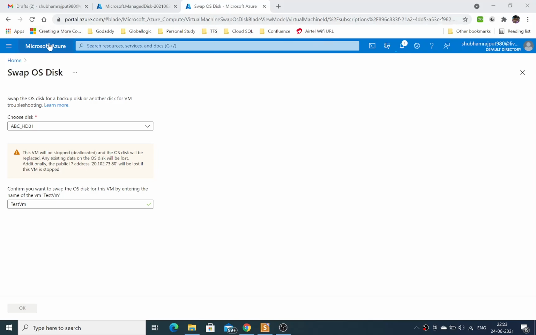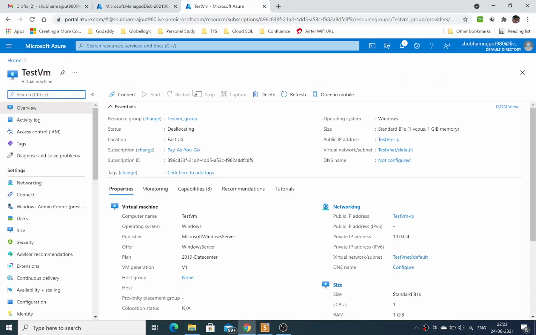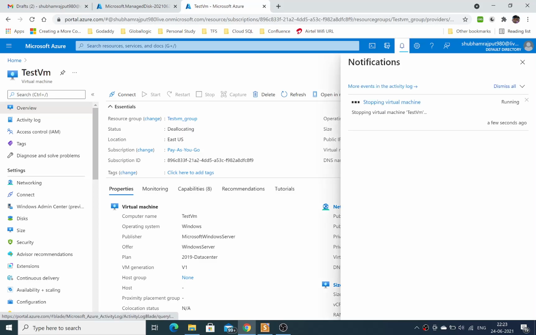Okay, so now come on to my virtual machine. You can see my virtual machine is stopped. So what is it doing now? It is stopping right now. After stopping, it will swap my hard drive.